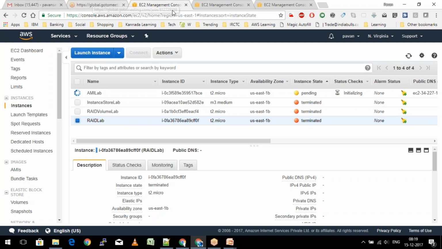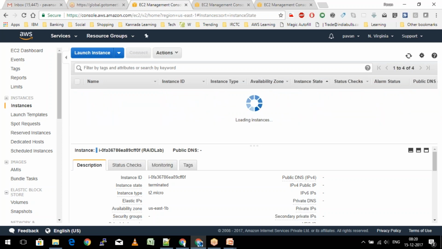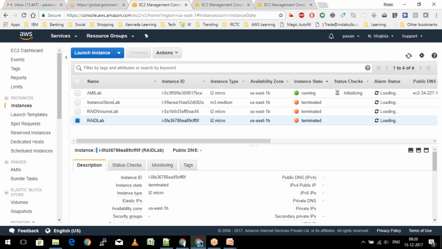So what I'm going to do is add a lot of different software to our machine, and then we are going to pick up the image of this machine, so that whenever I launch a new EC2 instance from the newer AMI, it will have all those pre-installed softwares. Now when we talk about AMI, that is basically a machine image.